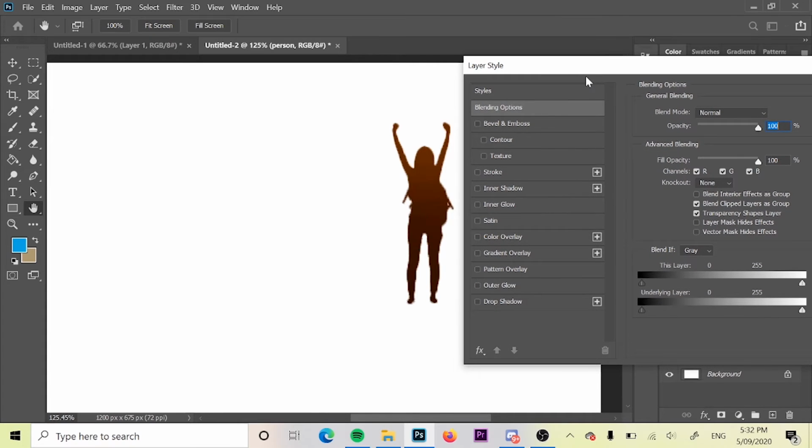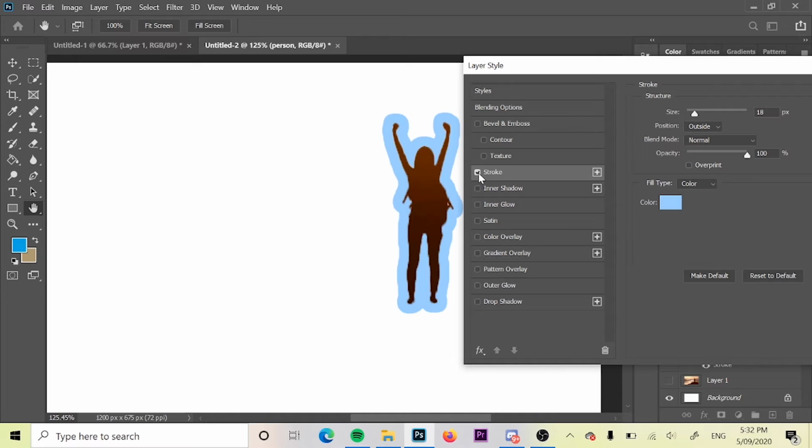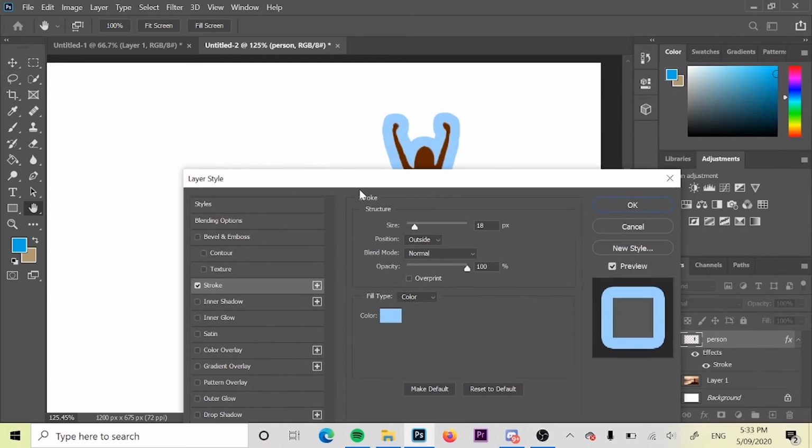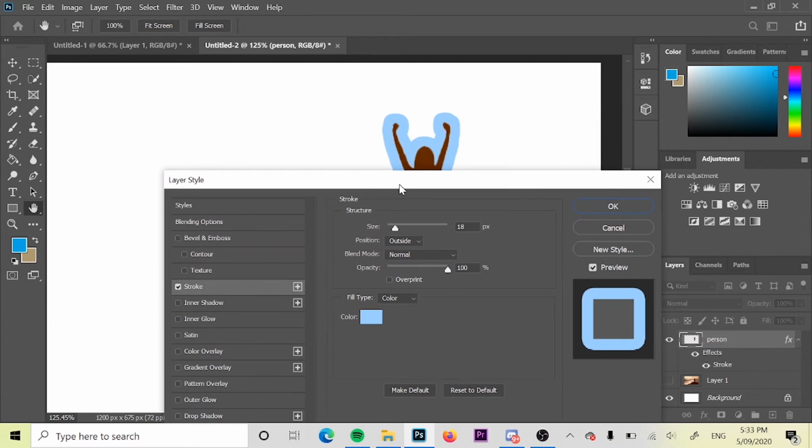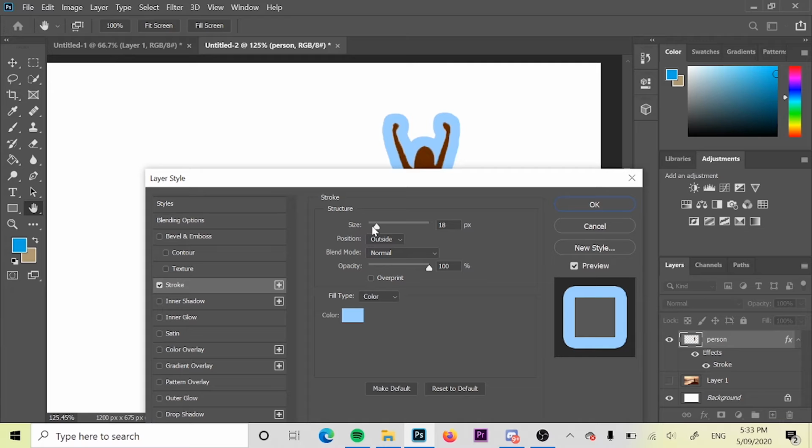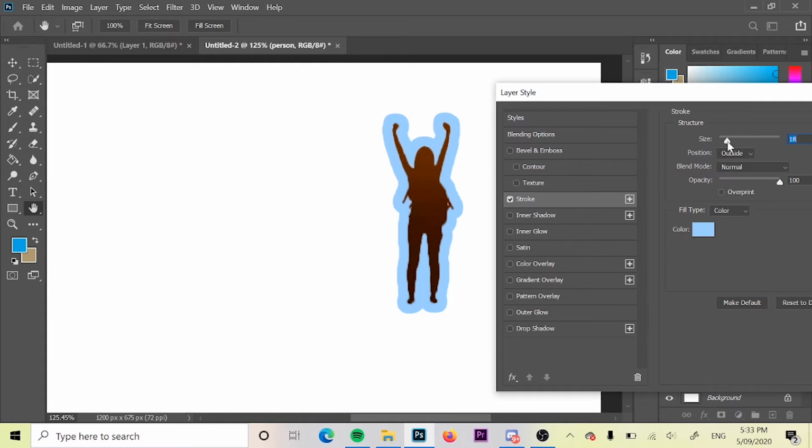So what we're going to do is we're going to go down to Stroke. So click Stroke and it will put a tick box on there showing that this is in effect. So as you can see already, we've already got a border surrounding the person. And we can use these controls here to adjust how this border functions and how big it is. We've first got the slider bar on the size of the border. We can make it outrageously big, or we can make it a nice small border like that,